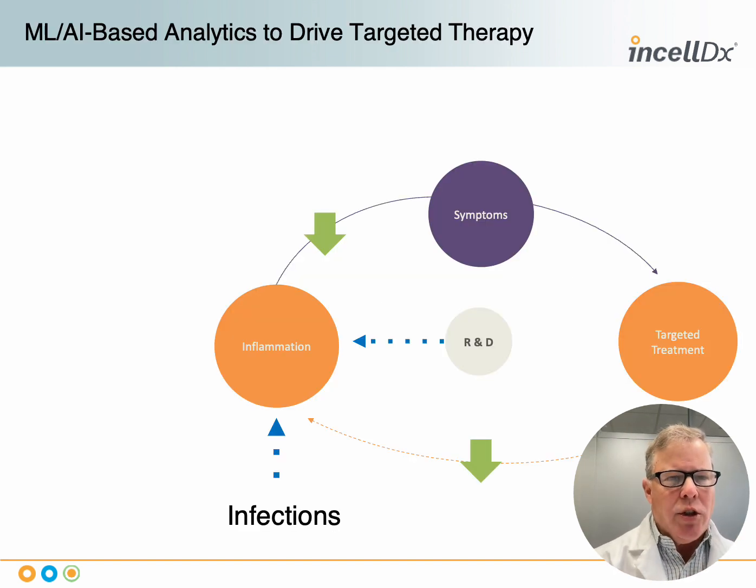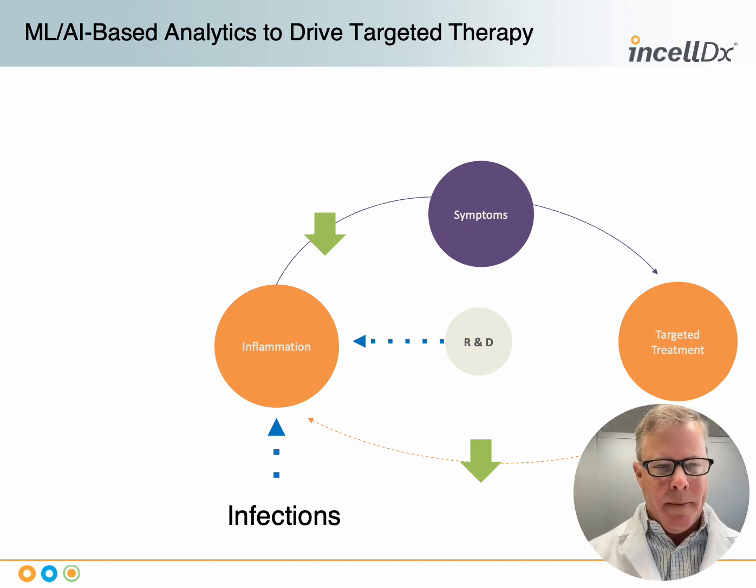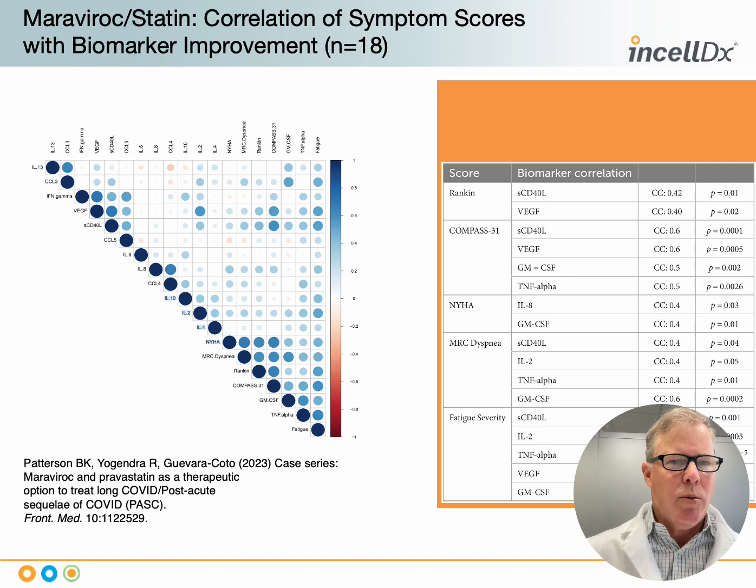And when I think about these chronic inflammatory conditions, I think about antecedent infections leading to inflammation, leading to symptoms, leading to targeted treatment. Targeted treatment informing us on how to lower the inflammation. And in the best of all worlds, we would see an improvement in symptoms with targeted treatment aimed at particular cytokines. And in fact, that's what we tested in this study that was published in Frontiers of Medicine in February,